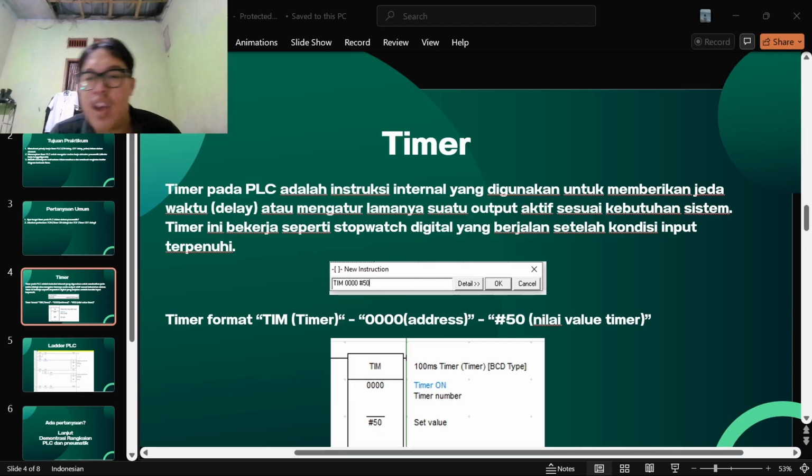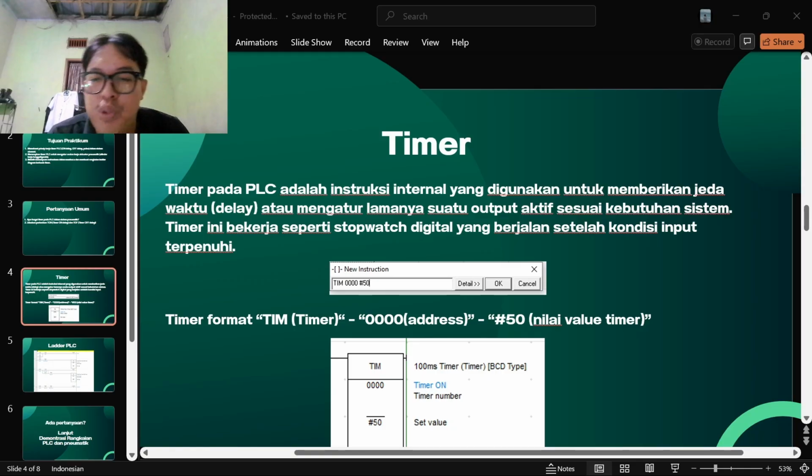TOF, timer off delay. This timer works in the opposite way. When the input turns off, the timer starts counting.